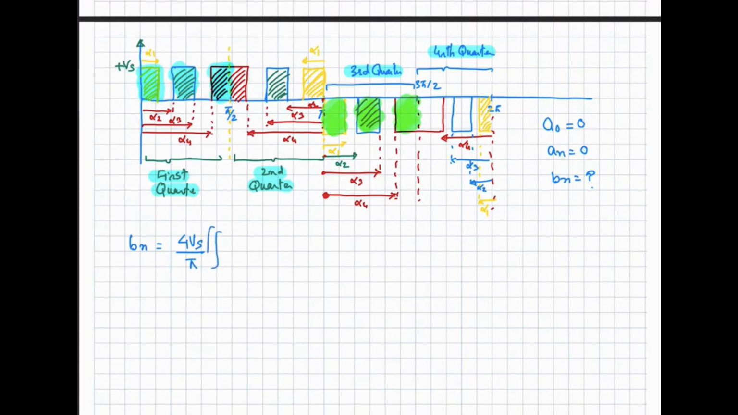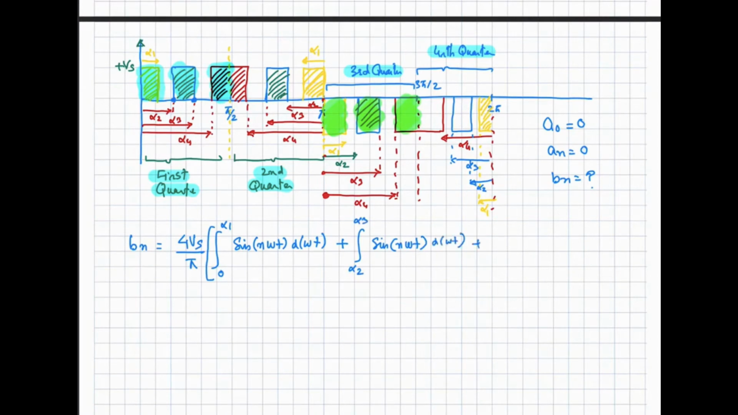Integration of the first part. First part is from 0 to alpha 1. So our limits will be from 0 to alpha 1 of sine of n omega t with respect to d omega t. Then the second part is from alpha 2 to alpha 3. This is the alpha 2 point, and this point has the angle alpha 3. So integrating this portion, that is from alpha 2 to alpha 3, integration of sine of n omega t from alpha 2 to alpha 3 with respect to d omega t,